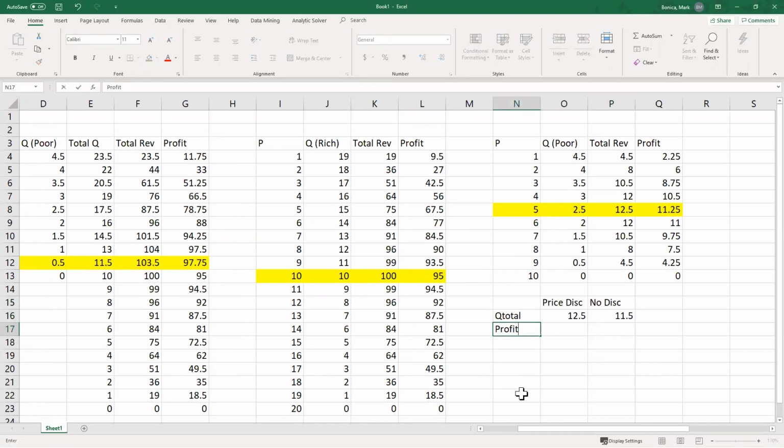Profit under price discrimination for the firm is 95 plus 11.25. Profit under no price discrimination is 97.5. So what we can see is the overall community gets an additional unit of the pharmaceutical,